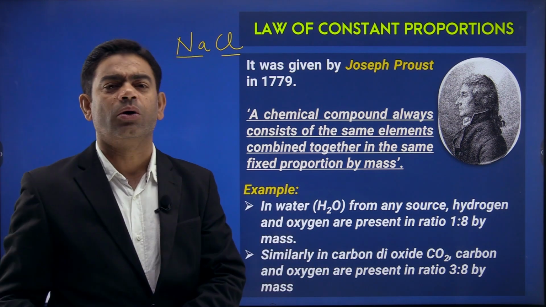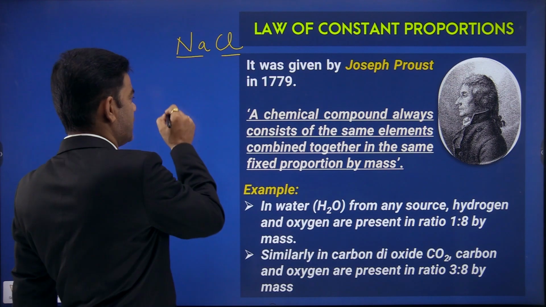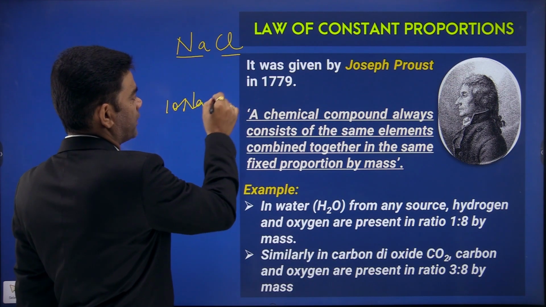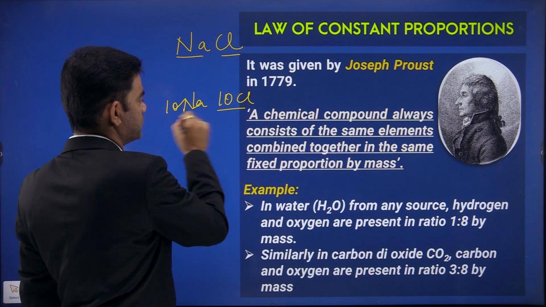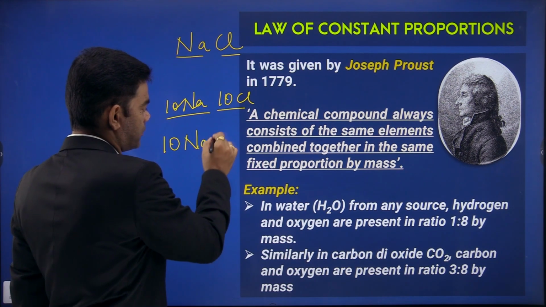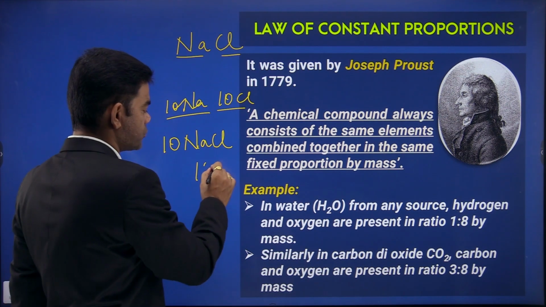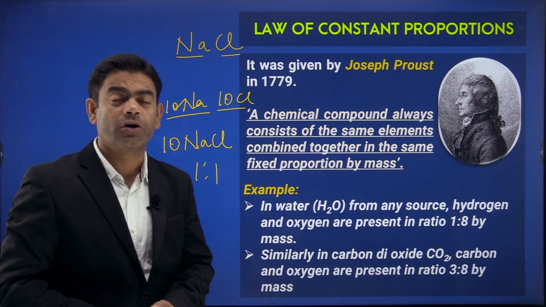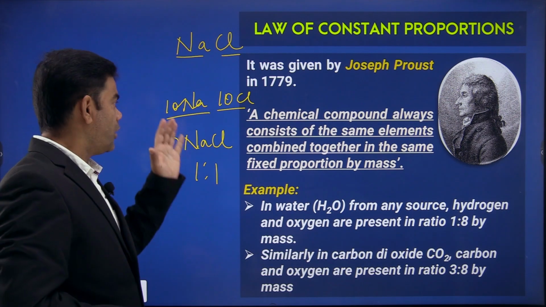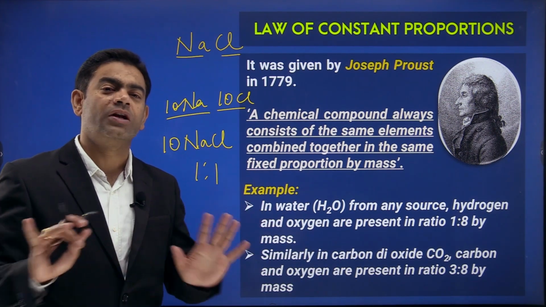So कहीं से भी ले आओ आप नमक, you are going to get these two in the same ratio. If there is 10 Na, then it will contain 10 Cl also, okay. So I can write it as 10 NaCl, 10Na, 10Cl. The ratio between both of them is 1:1. The ratio between the number of atoms, you can say, of sodium and chlorine is 1:1. It's going to be 1:1.